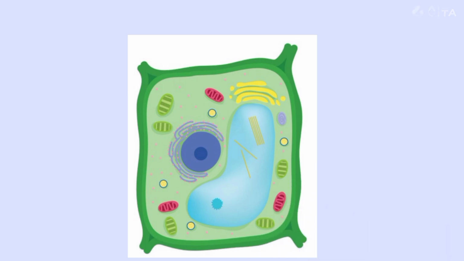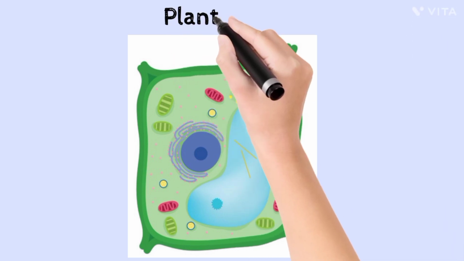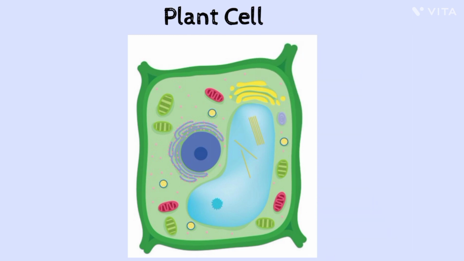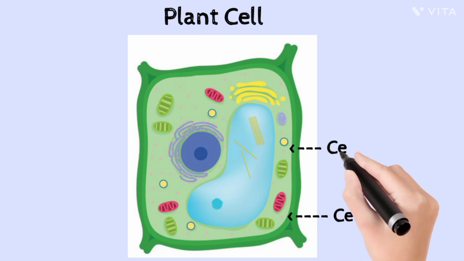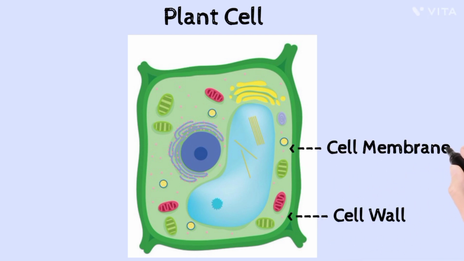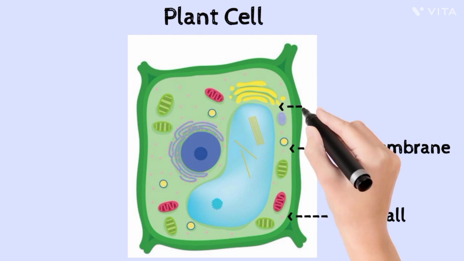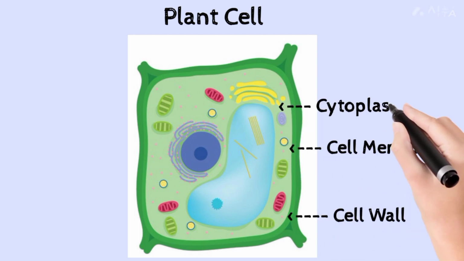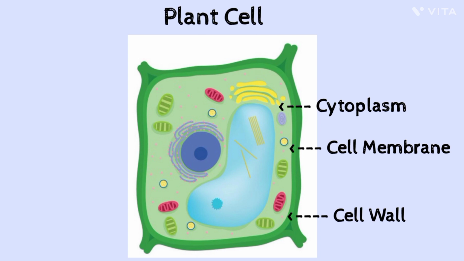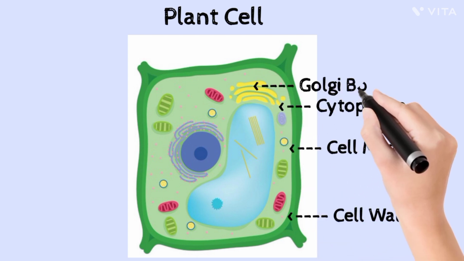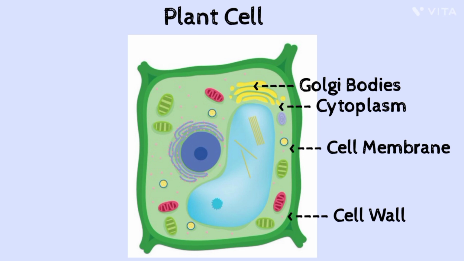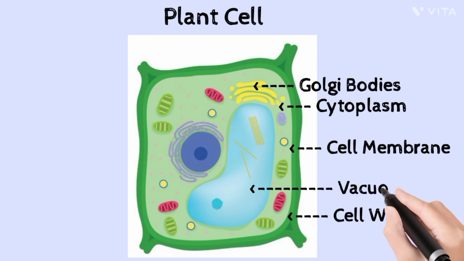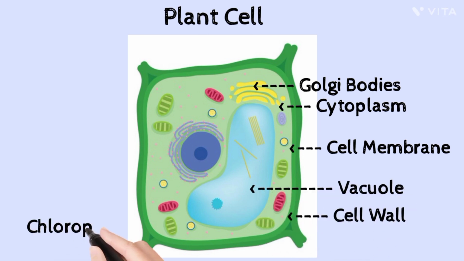Now, we will see the diagrammatic explanation or detailed study about plant cell. And without any further delay, let us start. So, the outer greenish part of the cell is known as the cell wall, which protects the plant cell from the outer environment. The cell membrane is the inner part of the plant cell, and cytoplasm is the site where the cell organelles are present. The yellow part is the Golgi bodies, and the huge blue part which stores food and